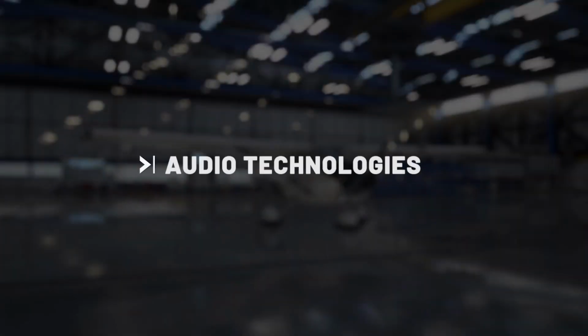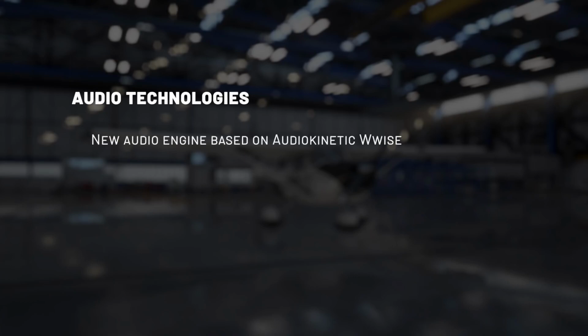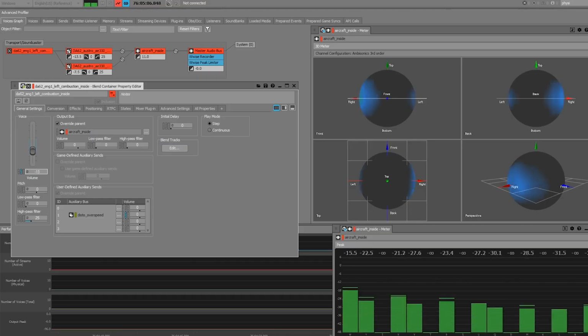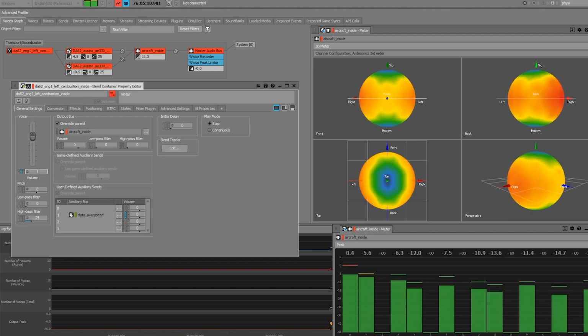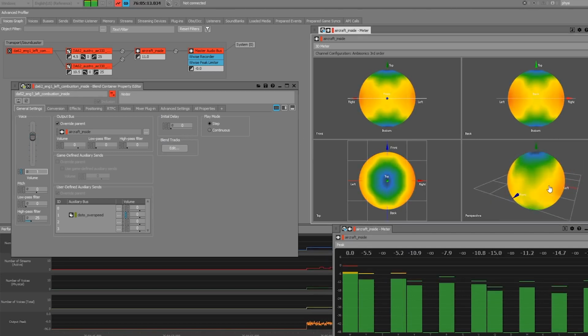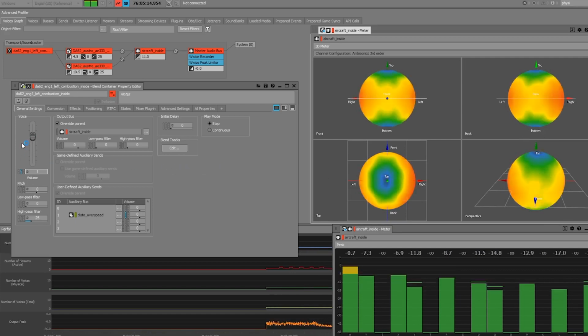And as my colleague Lionel said, the world is really big. Audio is here to support and enhance the world in Flight Simulator. The audio engine has been totally revamped and is now using Audiokinetic WISE. WISE allows us to use the latest interactive audio technologies, such as real-time audio effects or even dynamic mixing. These new technologies gave us a huge freedom and allowed us to simulate sound reflections, cockpit acoustics, or even Doppler